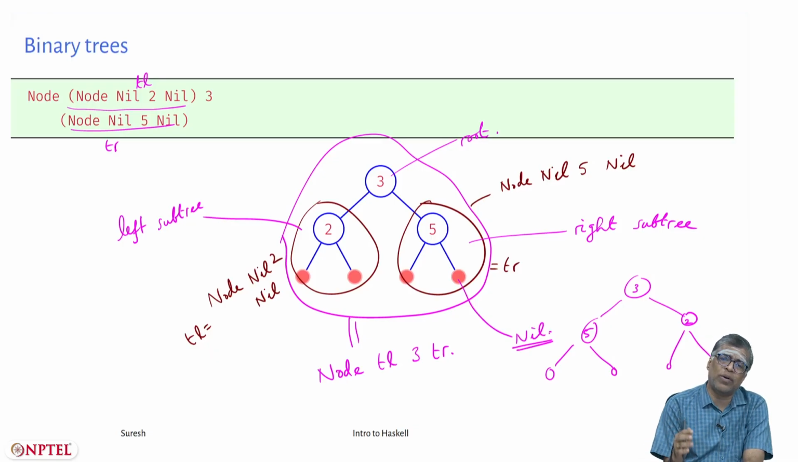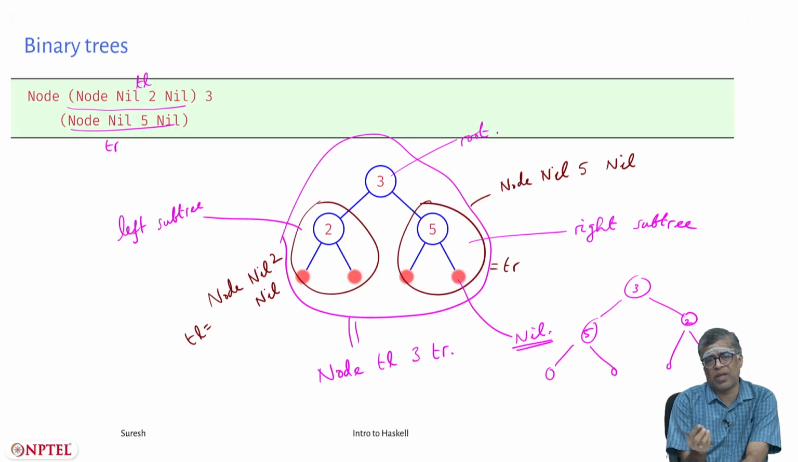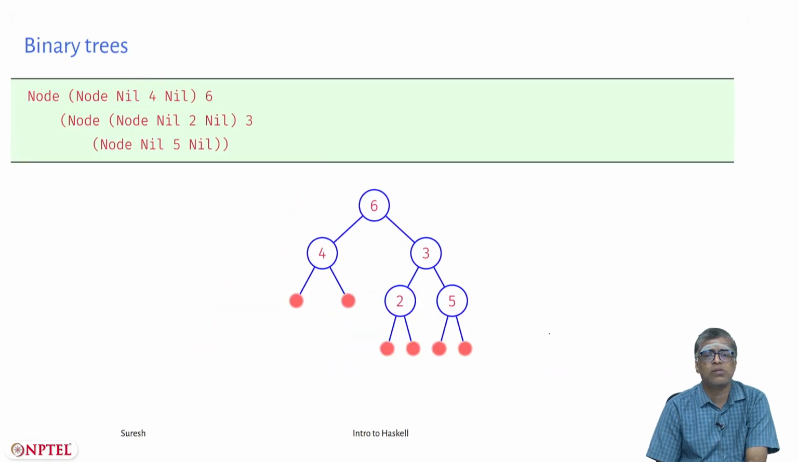They do not have any value in between them, they do not have any value inside them, but they are just filled with a color, and that stands for nil. Okay. Here is another tree, here 6 is the root,